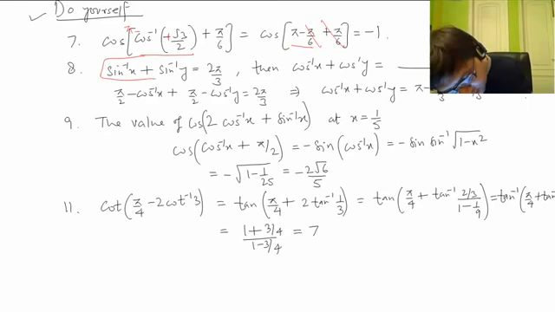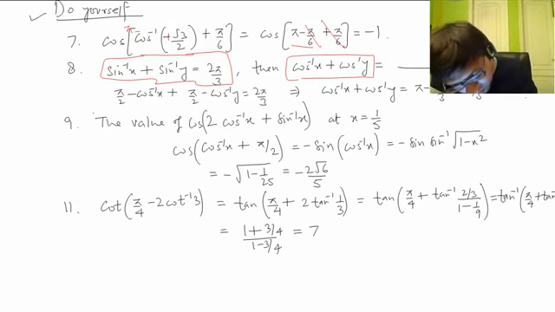Then we have sin inverse x plus sin inverse y equal to 2 pi by 3. Cos inverse x plus cos inverse y equals what? We use the formula. We place the formula here. We write sin inverse as pi by 2 minus cos inverse x, and similarly pi by 2 minus cos inverse y, and so cos inverse x plus cos inverse y comes out equal to pi minus 2 pi by 3.